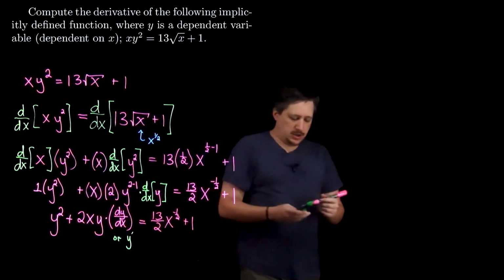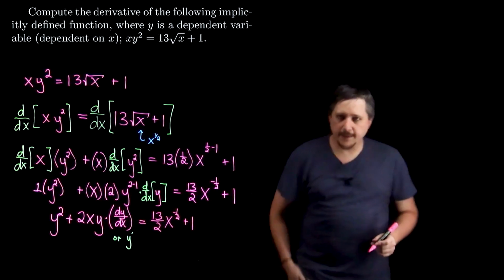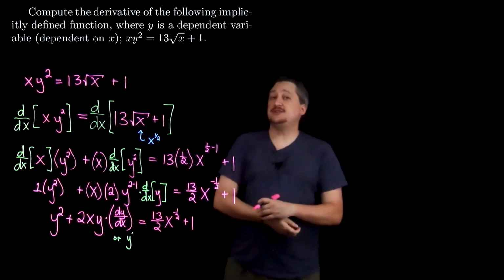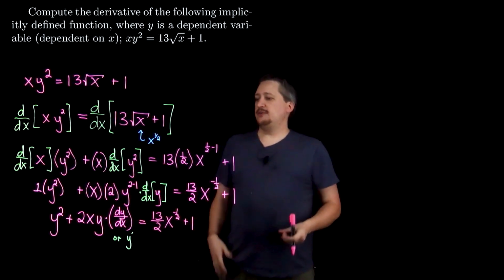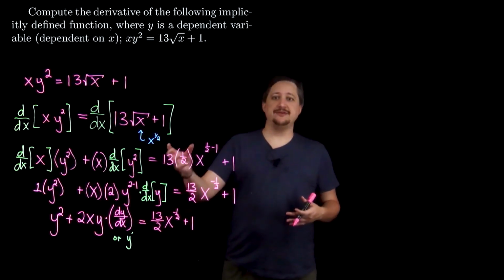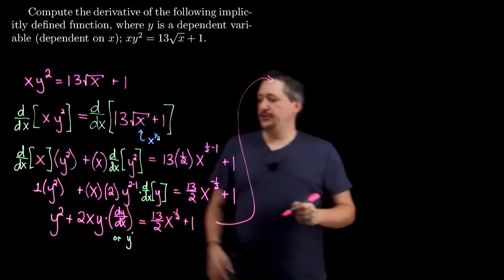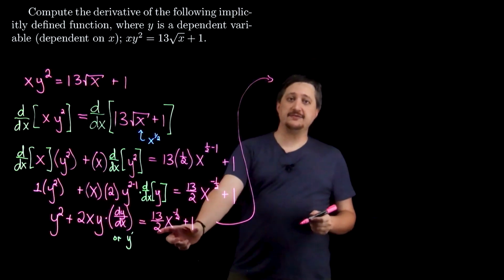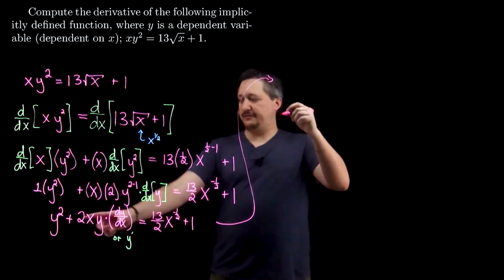Okay. So now I have done my derivative, right? But even though my initial function was defined implicitly, I would like to, if possible, and it pretty much always is, at least at this level, isolate y prime. So I want to be able to get y prime by itself. To do that, I'm going to move everything that isn't y prime or dy dx off to this side. So I have this stuff already, and now I'm going to move this stuff over as well. So on the left, I still have